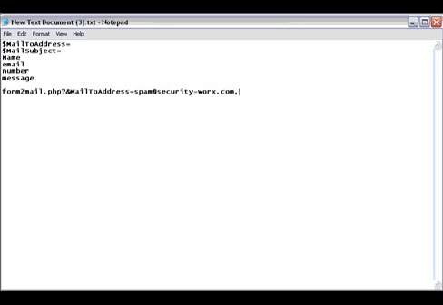No spaces, just a comma. So then we would just do spams at securityworks.com. That doesn't exist, so we're not really going to do two at this point. But you could put multiple email addresses in here if you separate them by commas. No spaces. Okay, so the next interesting thing that we're going to want to do is just put another and